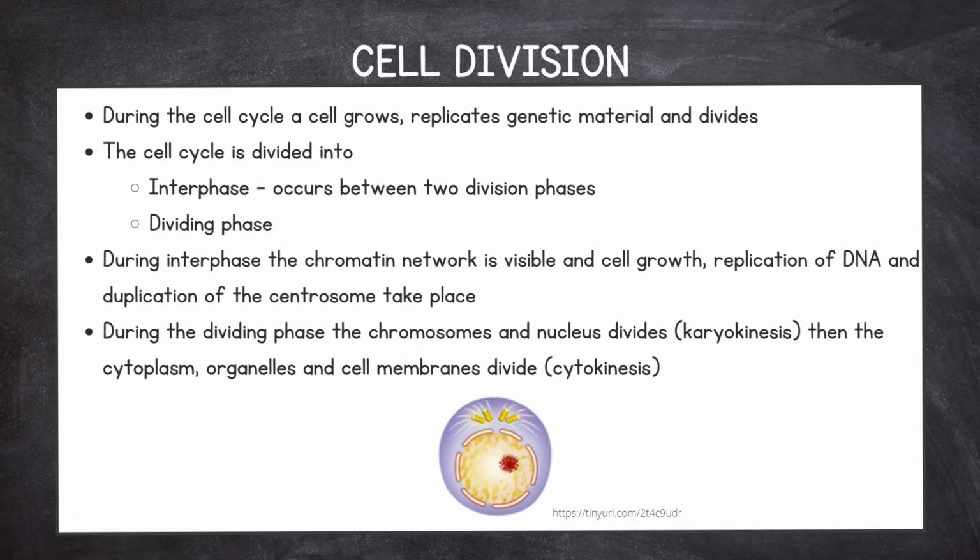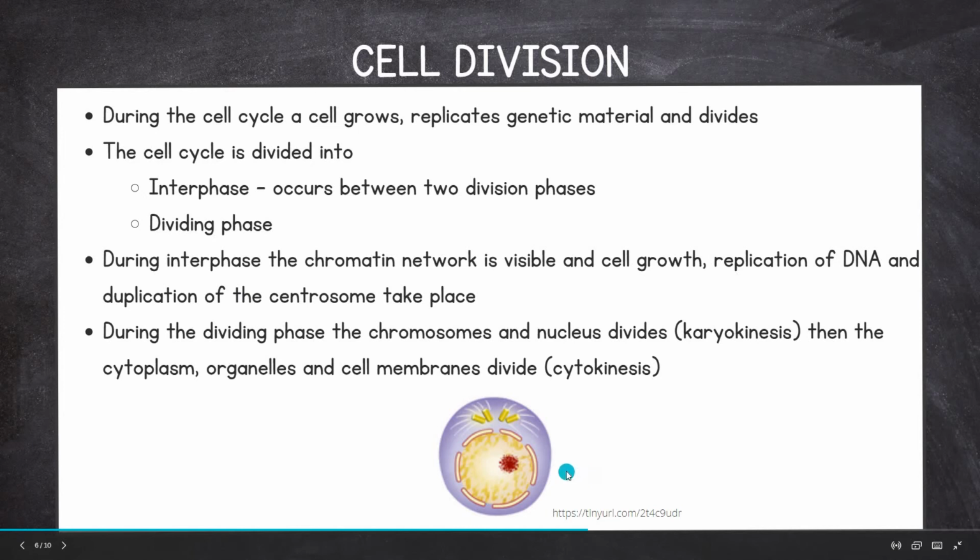So cell division. During the cell cycle, a cell grows, replicates genetic material and divides. So the cell cycle is divided into the interphase and the dividing phase. And interphase occurs between two dividing phases. During interphase, the chromatin network is visible, and cell growth, replication of DNA,